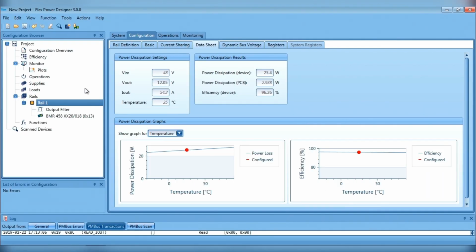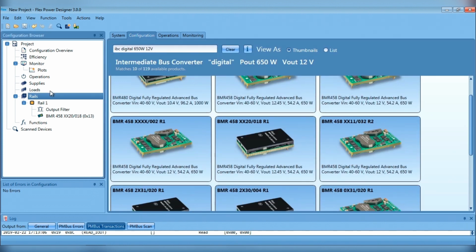So let's add some more rails. Having this guy here is interesting, but let's add a POL. One thing I want to demonstrate is actually talking to the parts, and one of the boards I have here is a BMR 465. So I'm going to go back here,